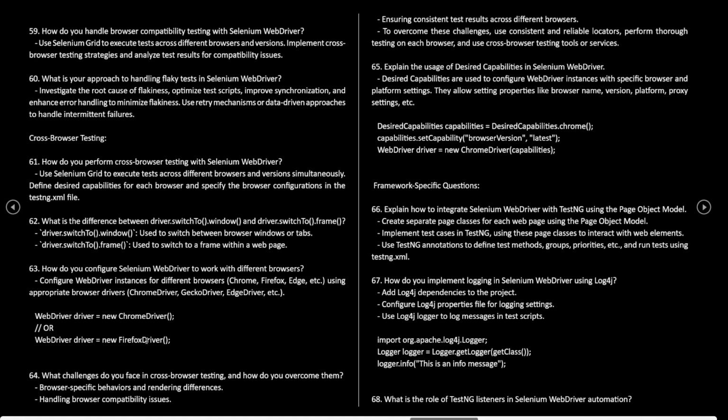What challenges do you face in cross-browser testing and how do you overcome them? Browser specific behaviors and rendering differences. Handling browser compatibility issues, ensuring consistent test results across different browsers. To overcome these challenges, use consistent and reliable locators, perform thorough testing on each browser, and use cross browser testing